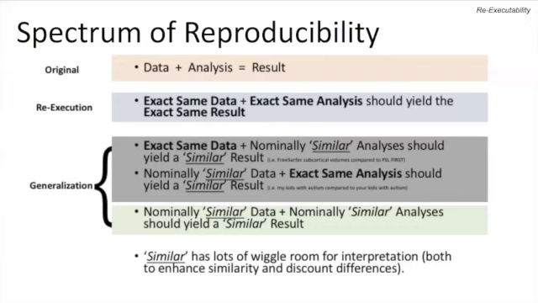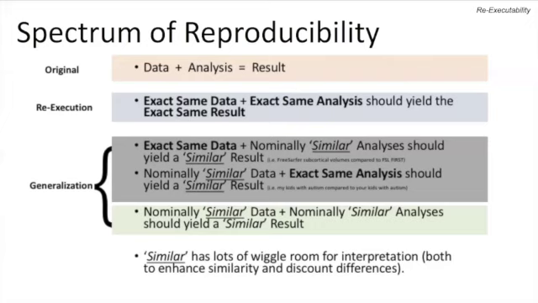The exact tool I ran, the exact parameters I ran, holding the data constant, we should be able to explore the generalization space around similar analyses and see how sensitive that finding is to those kinds of details. A good finding should be relatively stable with respect to different tools and different parameter settings that are looking at that same outcome variable. Similarly, you can flip that around, hold your analysis exactly the same, and play around with the details of the data.